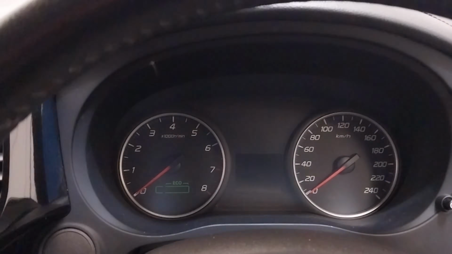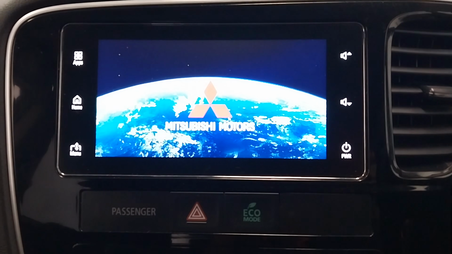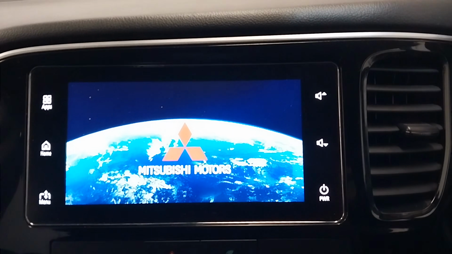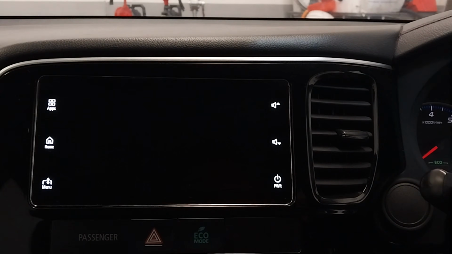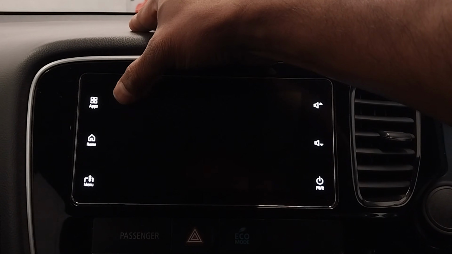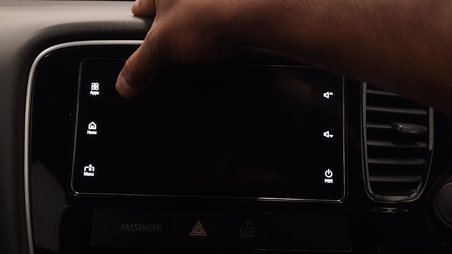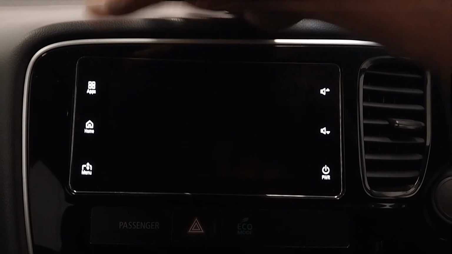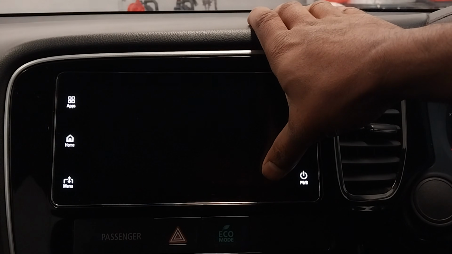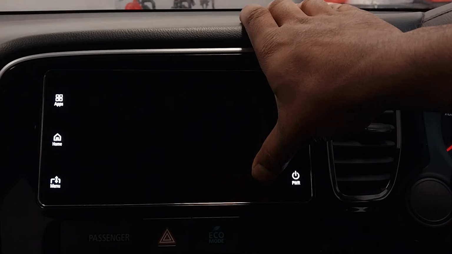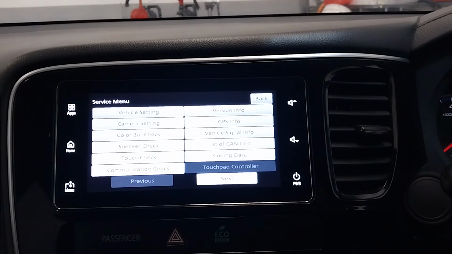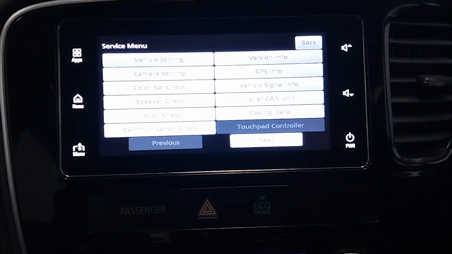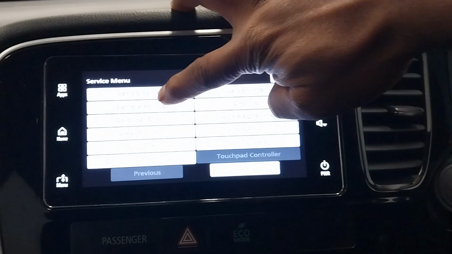First of all, you switch on the ignition and let the screen boot up. So press the power button, get the display off, and press and hold the top left corner until you hear a beep and release, and press and hold the bottom right corner and release. So on here you can do your vehicle settings,